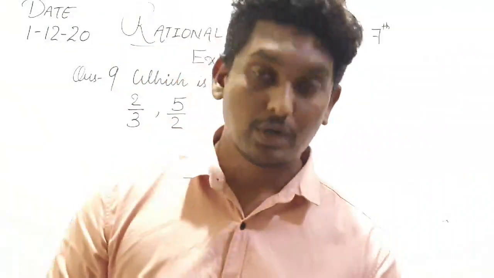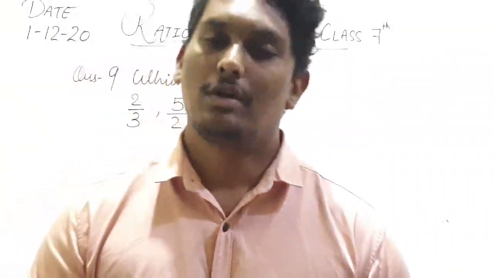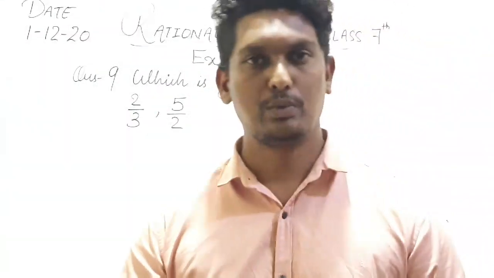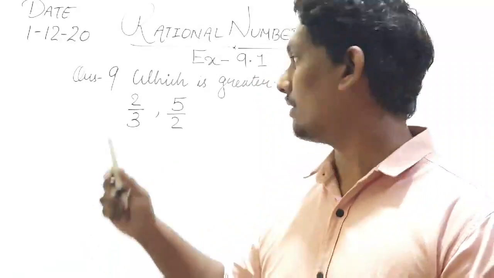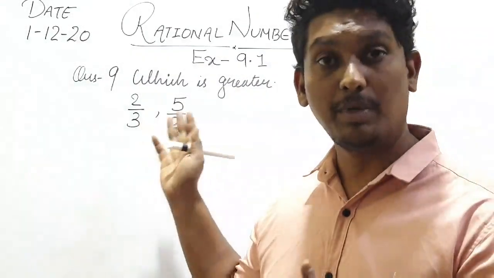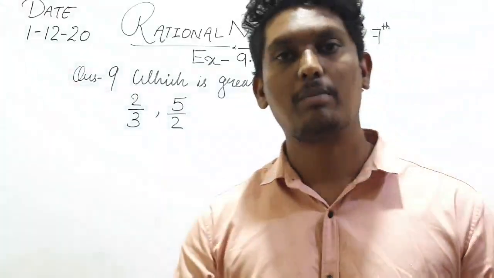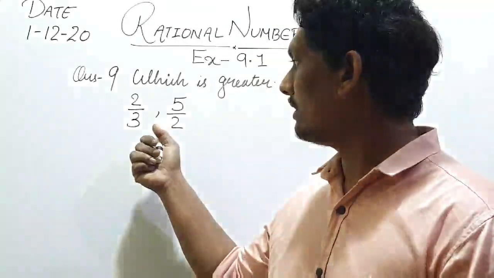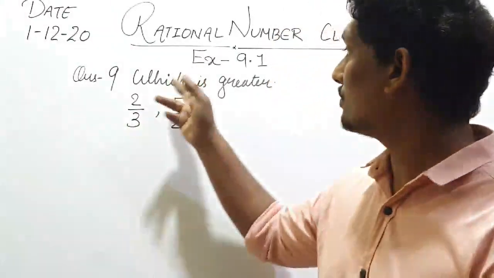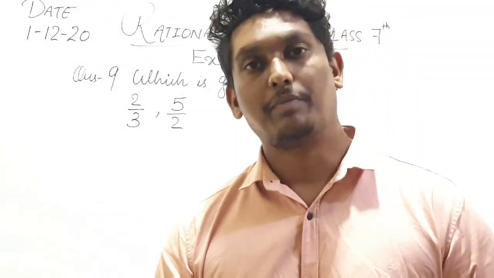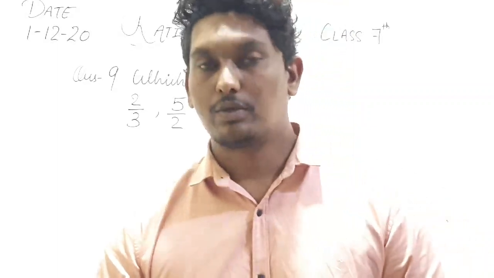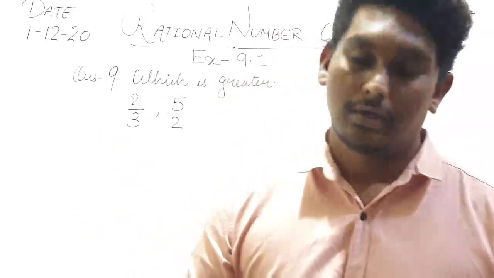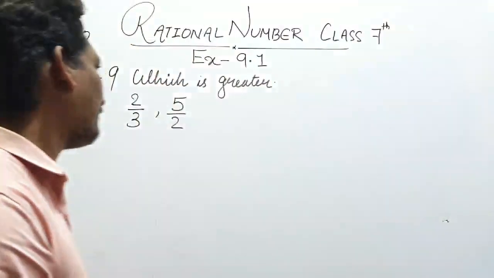Now come to question number 9. Here also fraction numbers are given to you. As I told you, if you see a fraction number with a box, comma, plus, or minus in between, then only you have to find the LCM. Here a comma is given and we have to find which one is greater, so here also we have to find the LCM. No need to find the LCM in multiplication and division. Again, I am telling you, just keep it in your mind, okay?